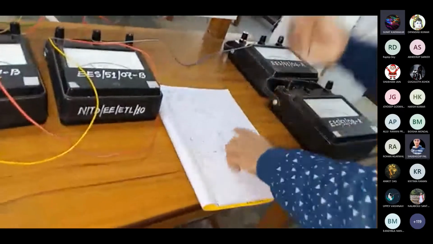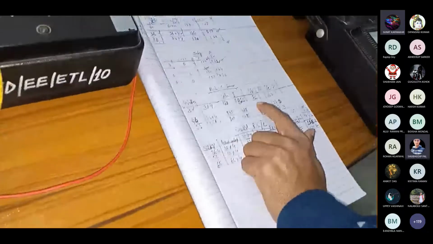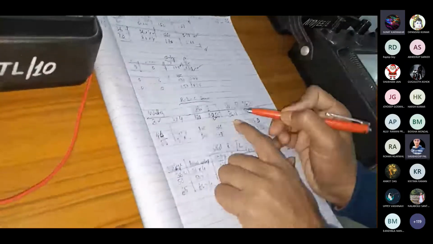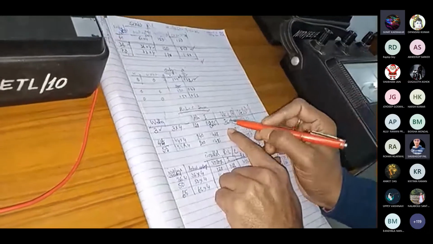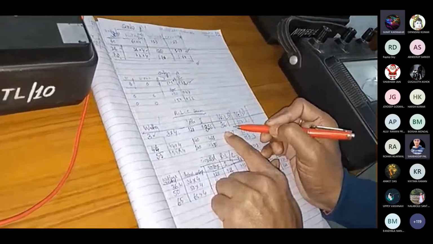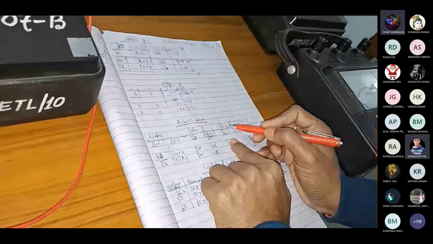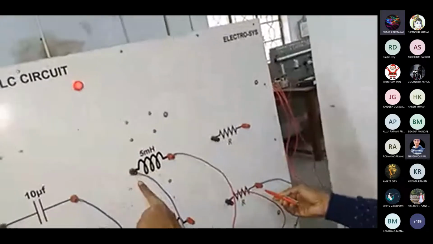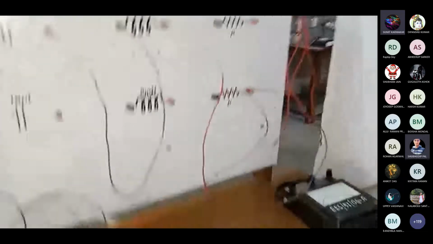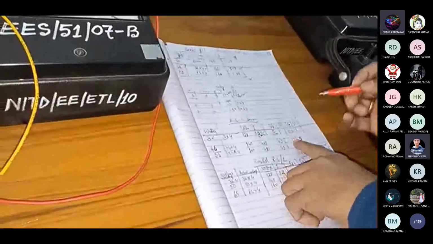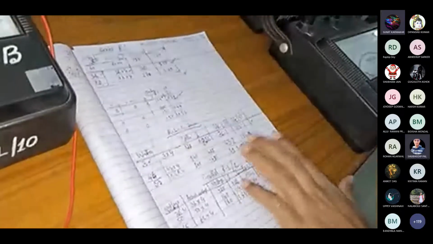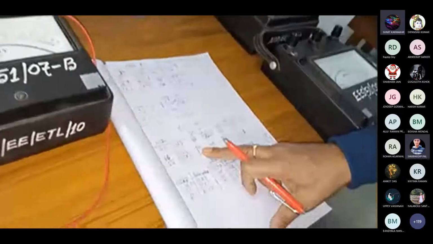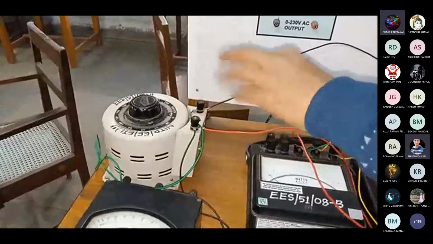So this is the series RLC circuit, and we have measured through the AC multimeter. Let me see whether I can show you the multimeter. It is coming as VRL 36.1 volt, when we measured across these two terminals. Similarly, we have found the voltage across the capacitor, 113.11 volt.